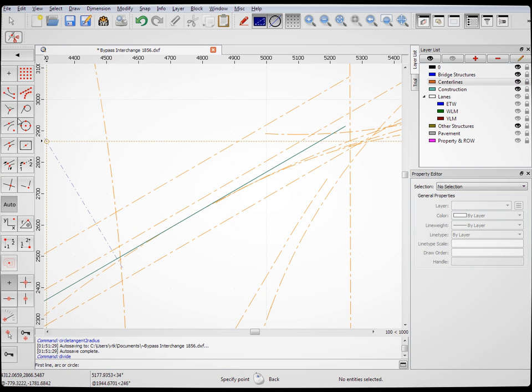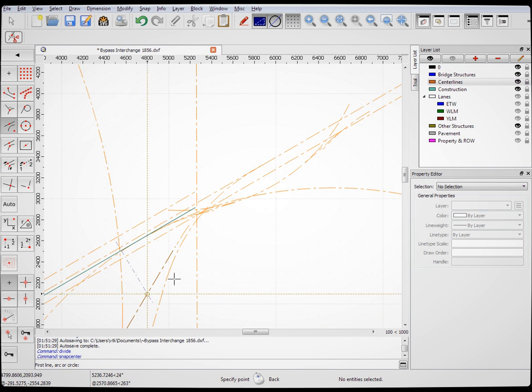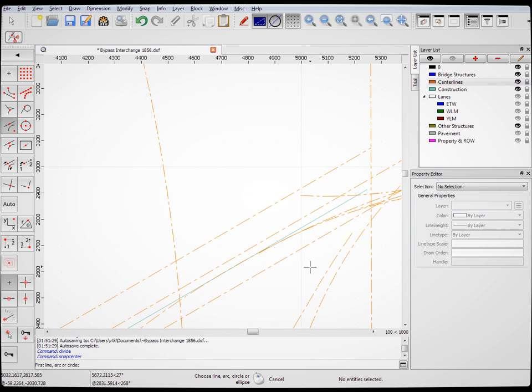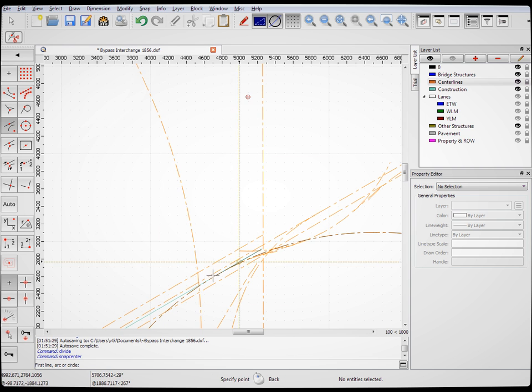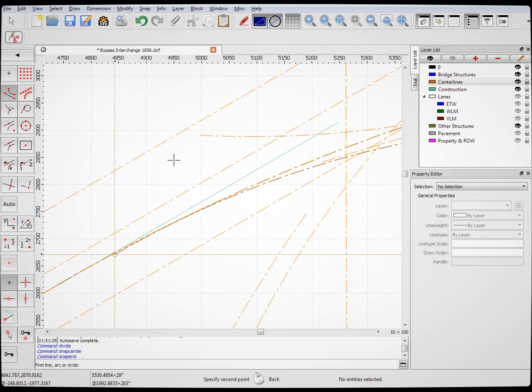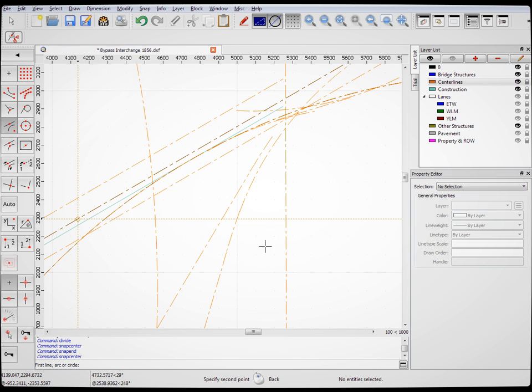Split this at the center of transition circle. Split the transition circle at the new endpoint where we just made the line, and at the center of the actual curve circle,